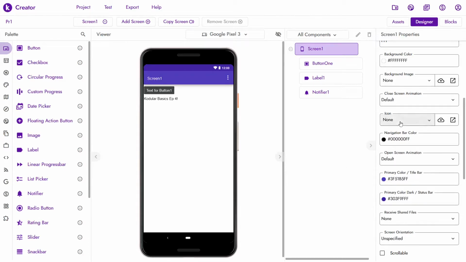For your app icon, again, you have to have an image in your app's assets and then set it to the icon. It will show up in settings and the launcher, same deal as the app name. Navigation bar color, it's this color right here, and with the introduction of gesture bars, this is slowly getting outdated,